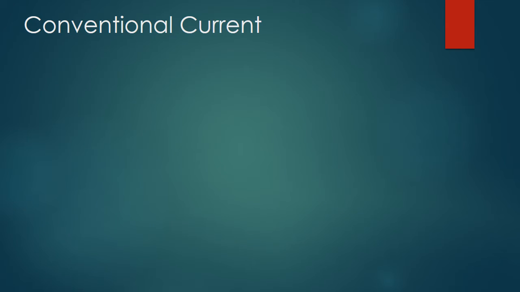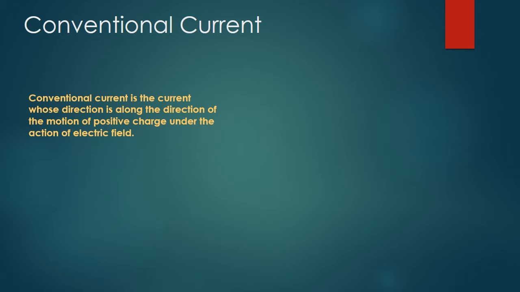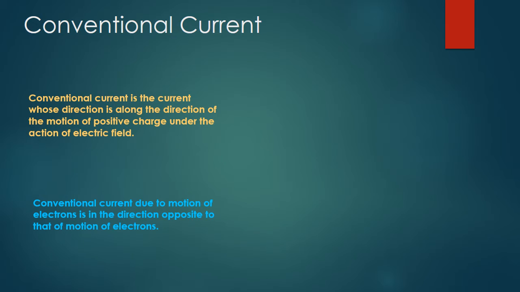Friends, now we have conventional current. So what is conventional current? When we connect a circuit, we assume that current is flowing from the positive terminal of a cell to the negative terminal of the cell through the conductor. This direction of current is called conventional current. You can see here the definition. Conventional current is the current whose direction is along the direction of the motion of positive charge under the action of electric field. In the diagram you can see the positive charges